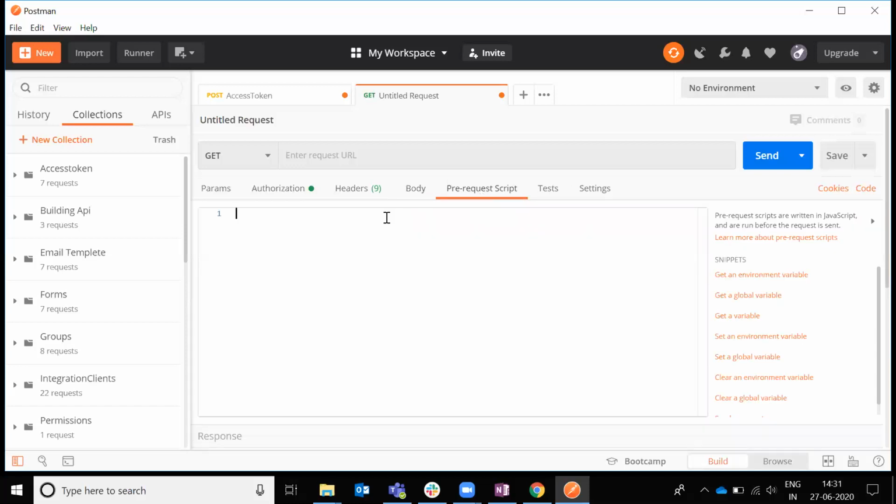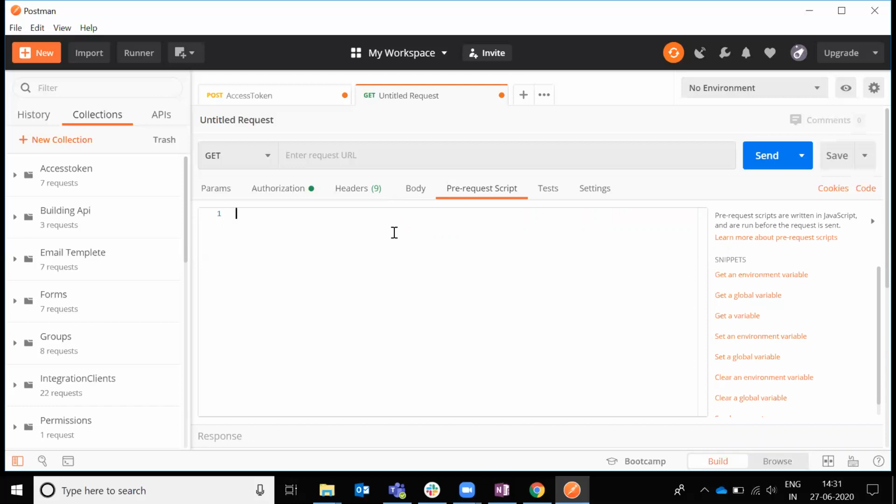Pre-request script is basically a script where you have to write the code, and that code will be executed whenever you click on the send button. By default it will execute the pre-request scripts, and you will get the information and use it wherever you want.